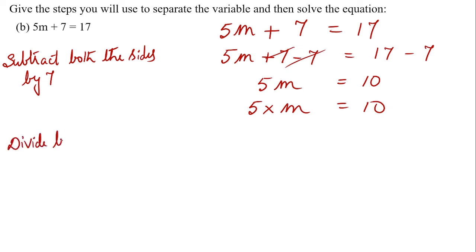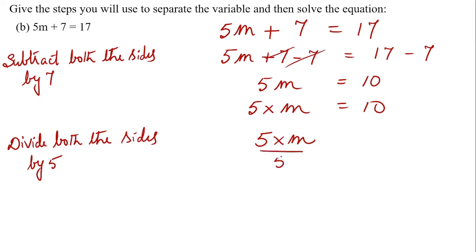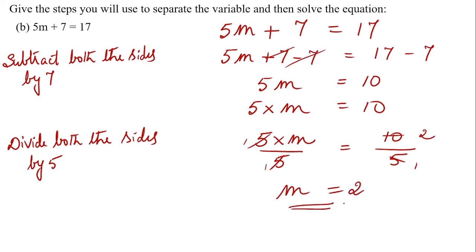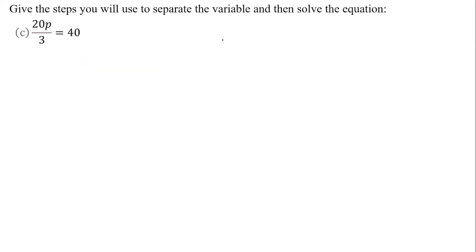divide both the sides by 5. This will be 5 into m divided by 5 is equal to 10 divided by 5. 5 ones are 5, 5 twos are 10. So m is equal to 2. Solving this problem,